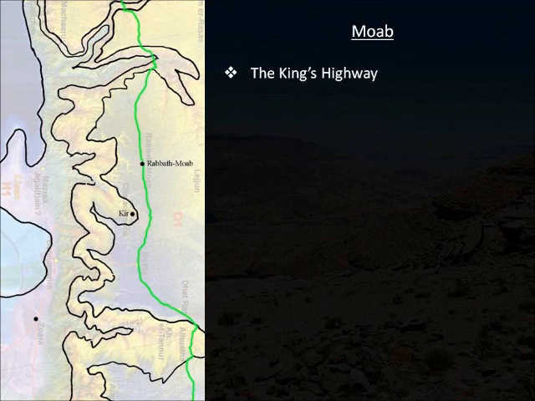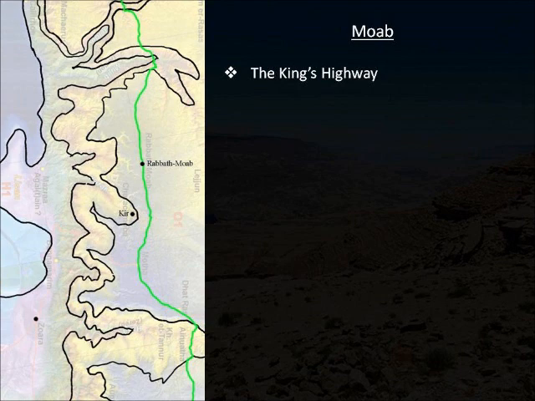Alright, so let's shift gears once again and talk about roadways. And again, the big road we always want to mark when we're on this side of the Jordan River is the King's Highway. Notice how the King's Highway crosses the Wadi Hadain, goes further south, crosses the Wadi Arnon, and then keeps going in a largely straight line till it gets to Rabbath Moab, also known in some circles as just Moab.